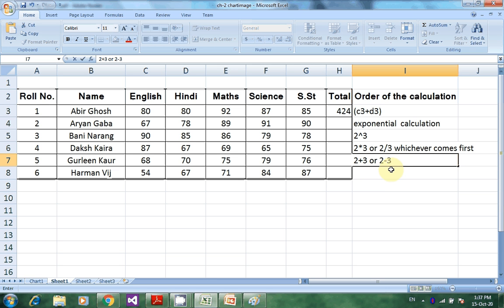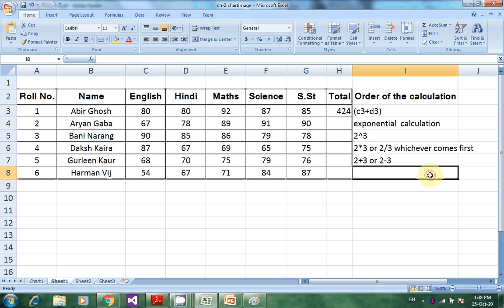So in this way you can calculate any calculation, and this is a simple example of a table. And next is the compound formula. So the compound formula contains more than one operator. Suppose केवल प्लस ही नहीं, प्लस या फिर मल्टीप्लिकेशन भी हो सकता है. जैसे ये हमने टोटल कैलकुलेट किया था 424. सो इट सिंपली द टोटल ऑफ ऑल द मार्क्स. एंड सपोज इन दिस,